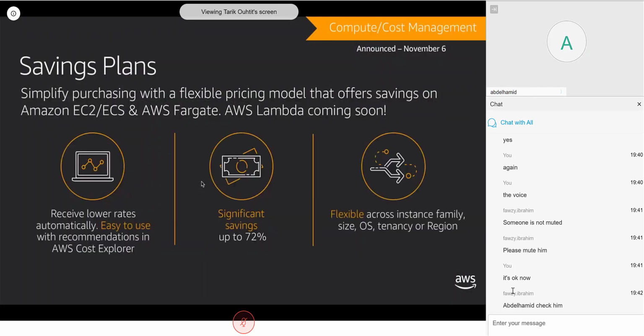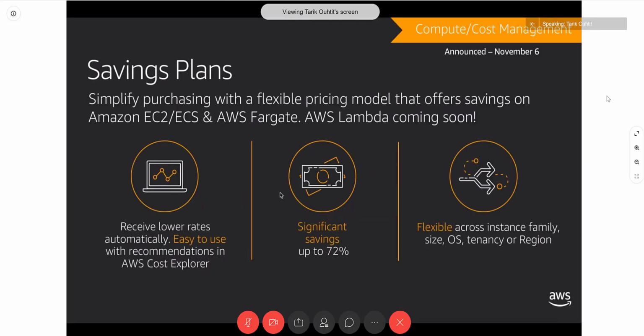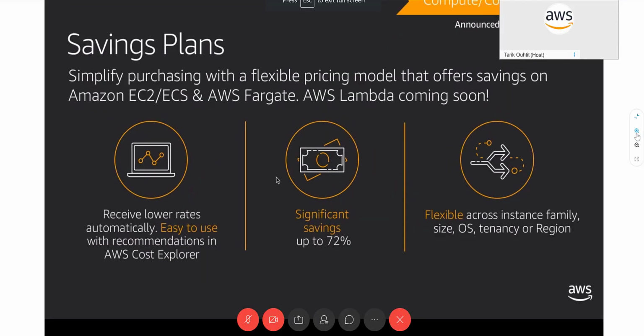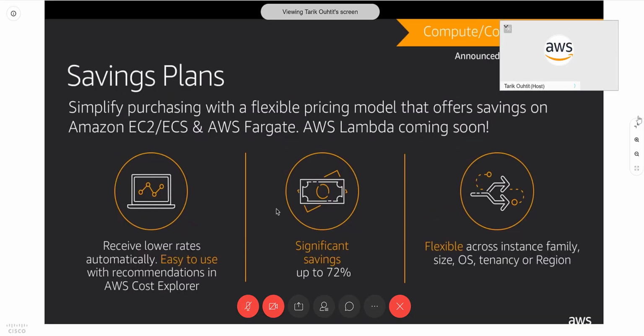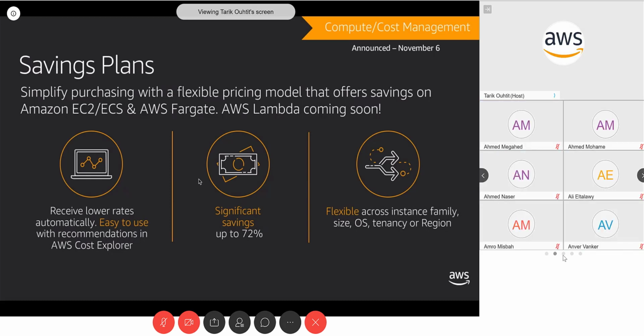The next thing I want to talk about is savings plans. So savings plans are all about committing to AWS compute and getting discounts in return. So this kind of thing has been possible on the AWS platform for quite a while now with reserved instances. So with reserved instances, you've been able to for a long time to say, hey, I want this particular instance type, size, and family, and I want to reserve it for 1, 2, or 3 years and in a particular availability zone. What savings plans do is they take that same concept and add a whole load of flexibility.